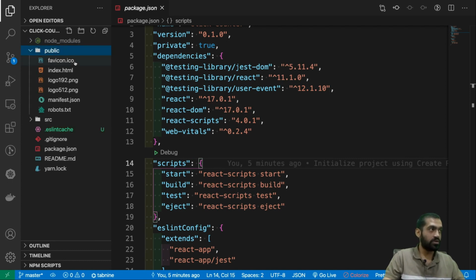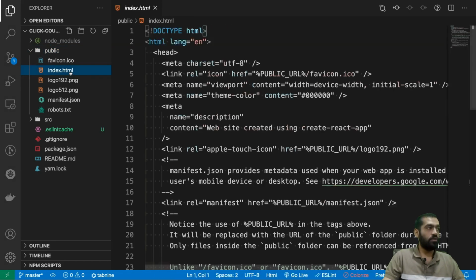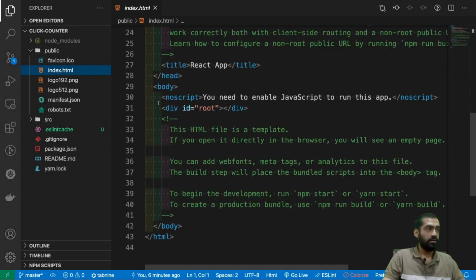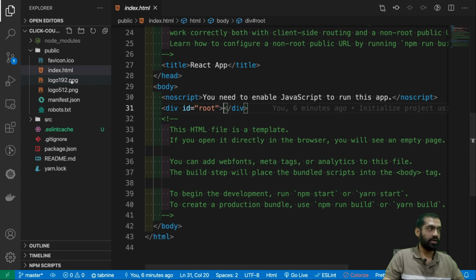What's the public folder? So essentially the public folder holds an HTML file. We were using this div id root, if you remember, right? Inside this, our React code will be converted to HTML and displayed to the client, right? This is why we were trying to understand what's going on with React. Then we have some logo files, manifest.json, which we don't care about right now, and robots.txt, which we don't care about either.